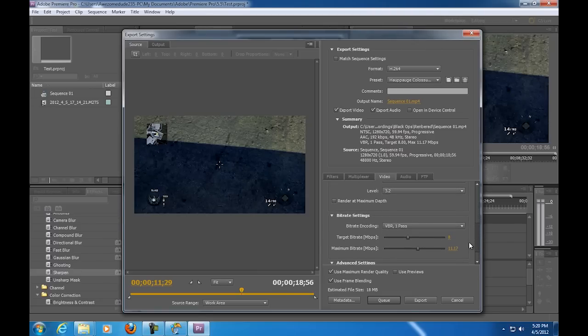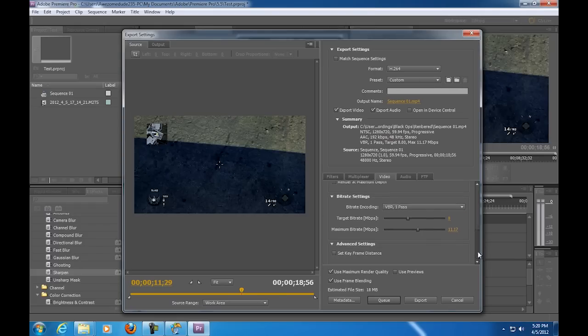is 3.2. The bit rate here is 8 because since it's going to YouTube, it's going to be compressed anyway, and it'll take less time uploading if you have a little bit lower, but don't make it too low or it'll go all pixelated. And I just make it 8, and then maximum could be 11 point something, doesn't matter, there's only a few